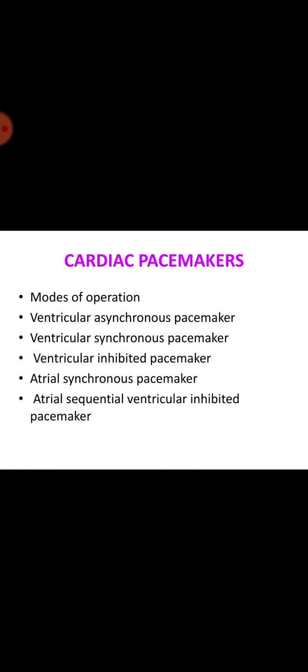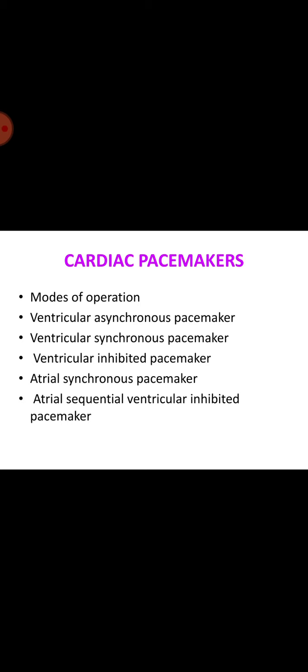So this diagram shows the types of pacing modes. Pacing modes can be divided into competitive and non-competitive modes. The competitive mode is called asynchronous mode, that is, fixed rate mode. In non-competitive mode, ventricular programmed and atrial programmed pacing modes are available, in which the ventricular programmed mode is further divided into demand mode and standby mode. And atrial programmed mode is also called synchronous mode, that is, P-wave inhibited mode.